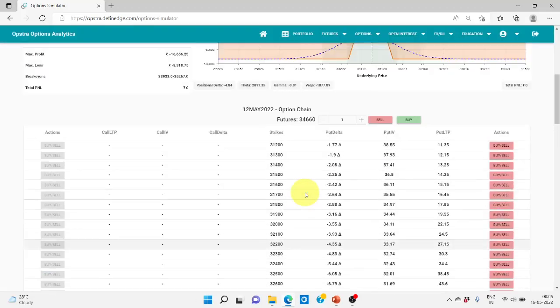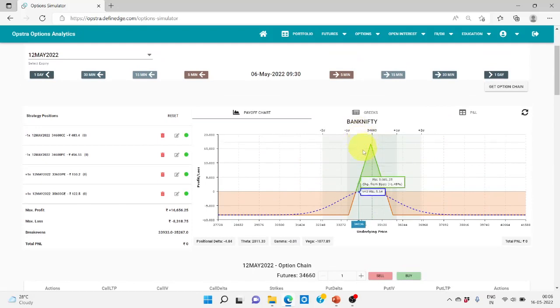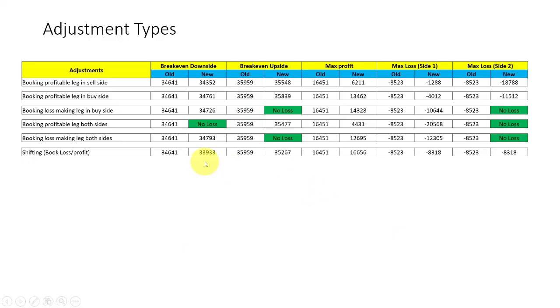Once we do this, our position will be again totally normal, how it was before, giving us a wide range. From the old 34,641 to 33,933, here it will reduce obviously, but our max profit is going to remain almost the same,